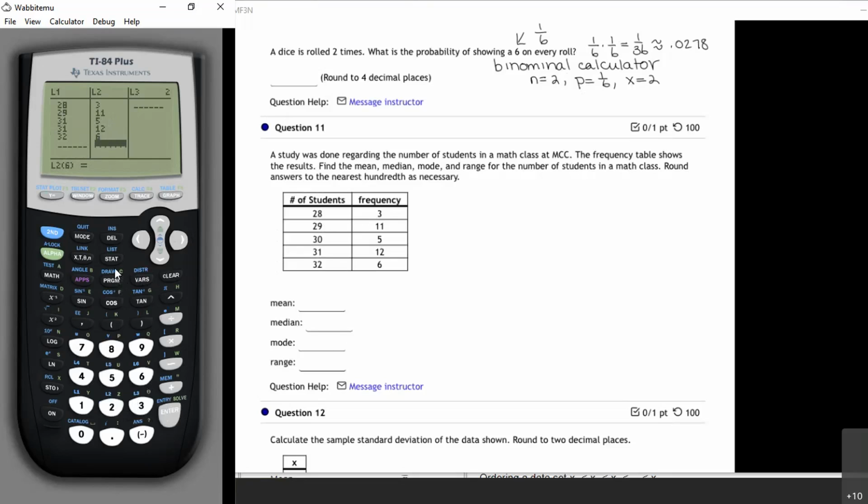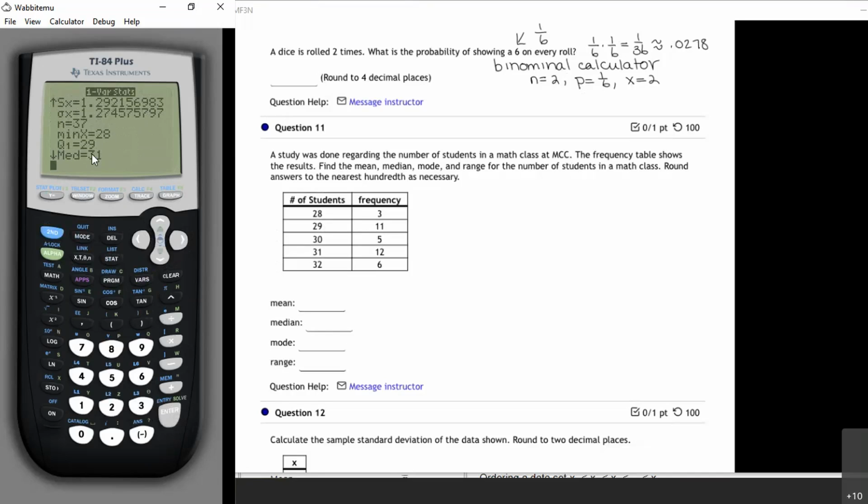Then you want to go to second, that's lists. Nope, sorry, quit. Stat, calc, one variable statistics. Put L1 in the list with the data, and then L2, which is second 2, is your frequency list. Calculate. Here's your sample mean, 30.32. If you scroll down,